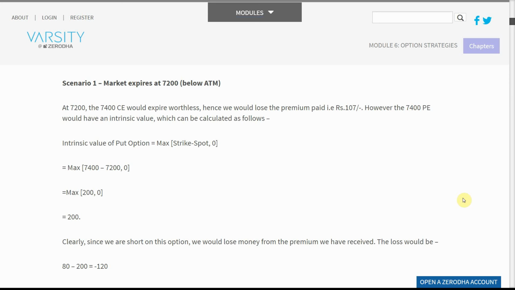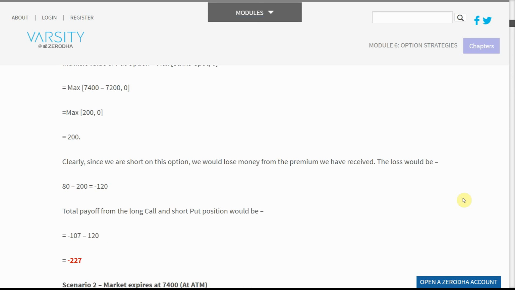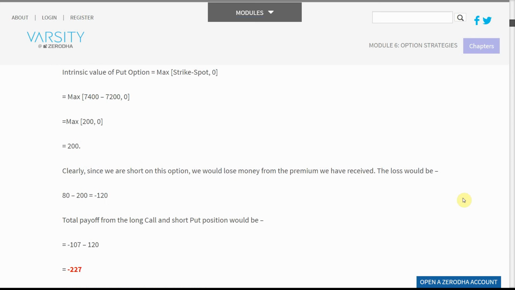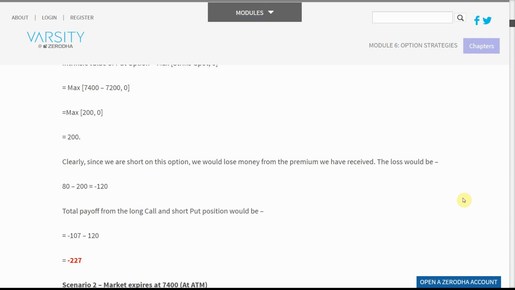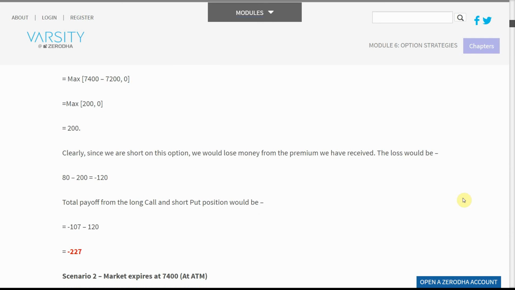Intrinsic value of put option equals max(strike minus spot, 0) equals max(7400 minus 7200, 0) equals max(200, 0) equals 200. Clearly, since we are short on this option, we would lose money from the premium we have received. The loss would be 80 minus 200 equals minus 120. Total payoff from the long call and short put position would be equals minus 107 minus 120